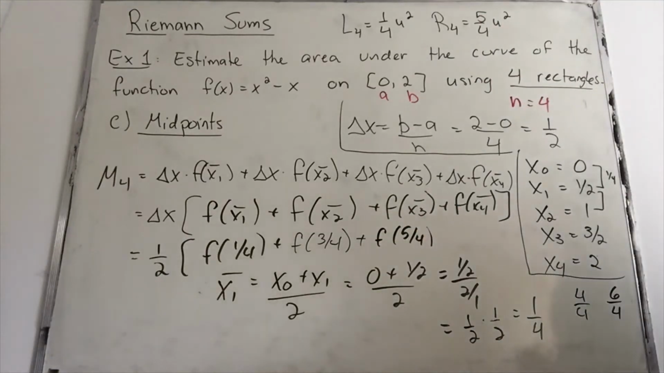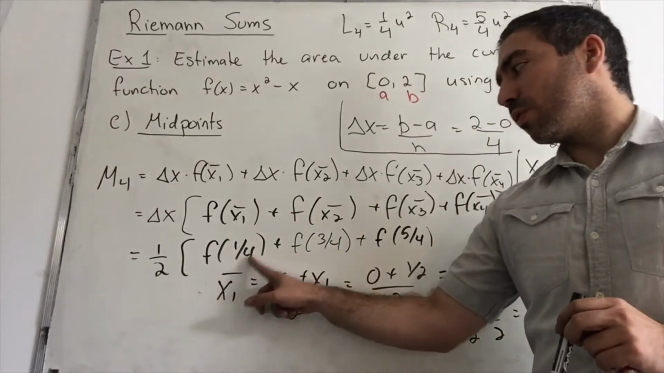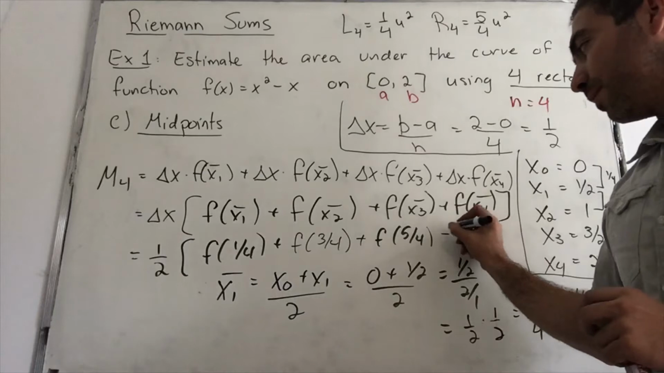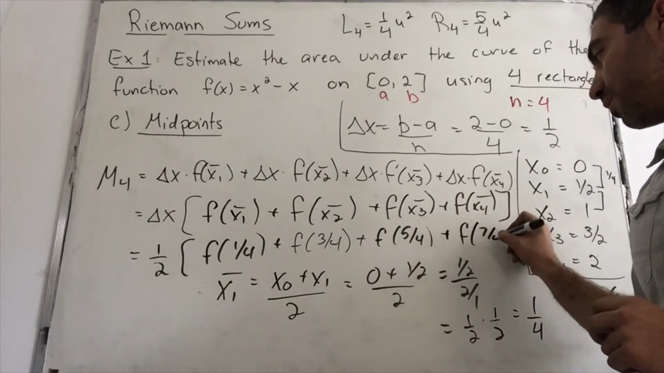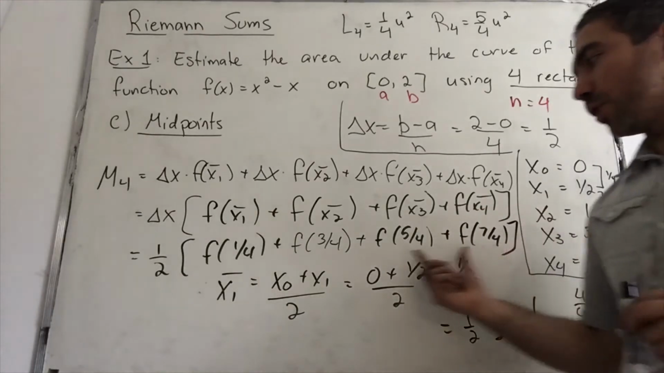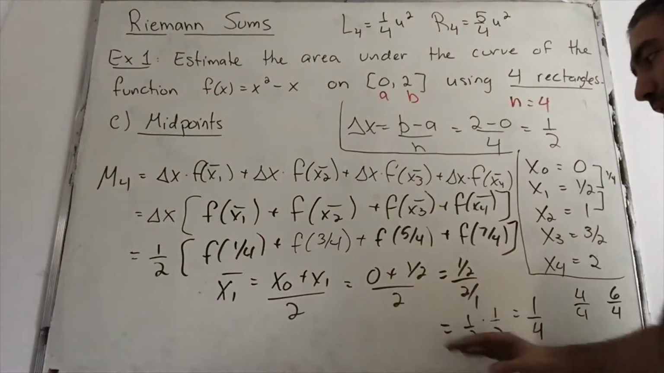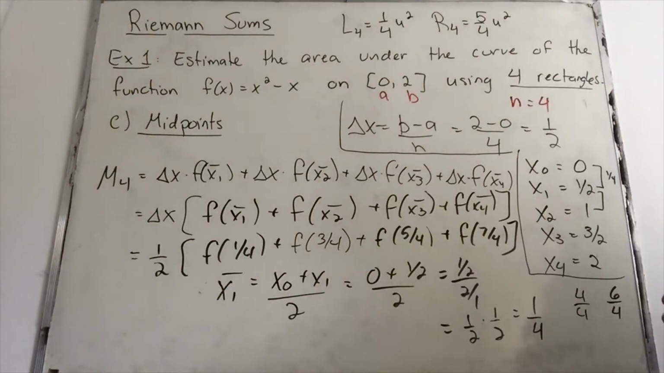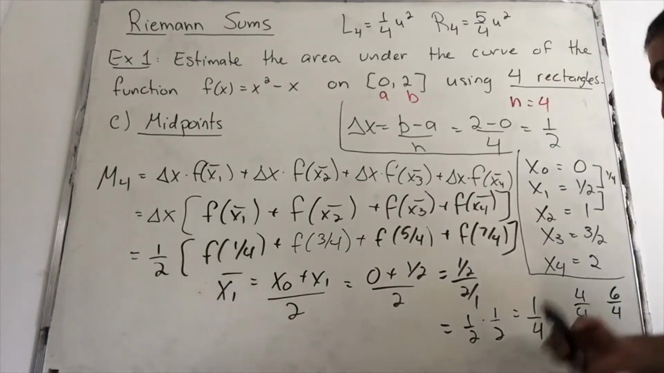Or you could see the pattern here: 1 quarter, 3 quarters, the numerator is going up by 2. So the next one is going to be 7 quarters. But these are shortcuts you should use later on. At this point, since you're just learning it, just apply your formula over and over and you'll get these exact values. And once you have these values,